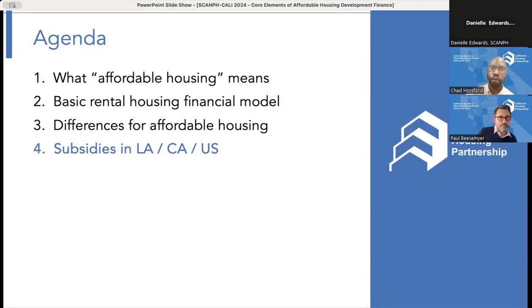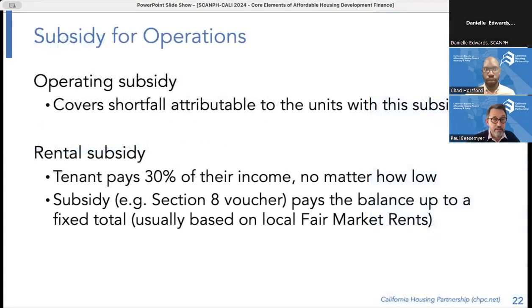And so we're going to round out the presentation here by talking about where all those subsidies come from. If you're a city council or supervisorial staffer, a constituent comes to you and says, I own a piece of land, I want to develop housing. I want to make it affordable to people in the neighborhood, and I can't get there through what's supportable through a mortgage. So what do you have for me? Well, they're coming to talk to you about gap financing. So let's break this down.